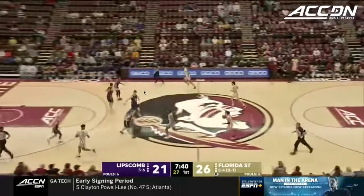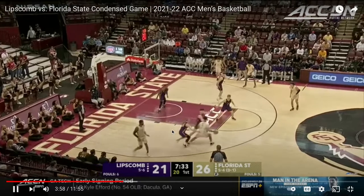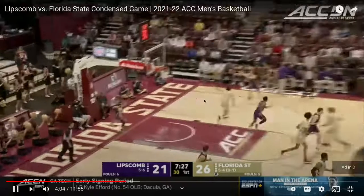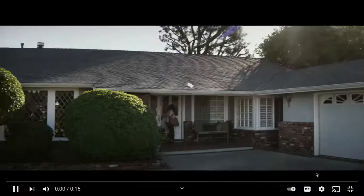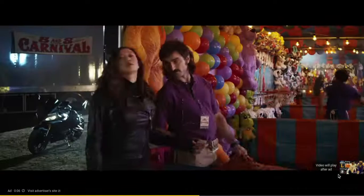Something that Florida State definitely got them in here though was a pick and roll. So here's a pick and roll play. This guy I think will move up, and he just late reacts. So a late reaction is kind of gonna happen, but also I feel like if they don't